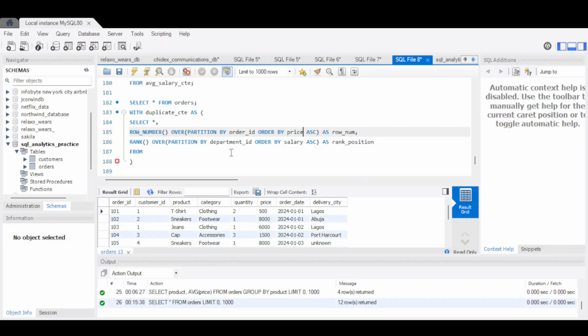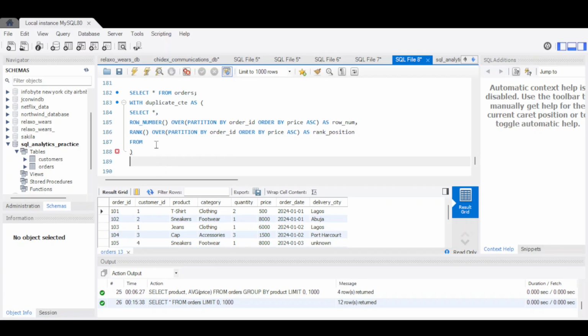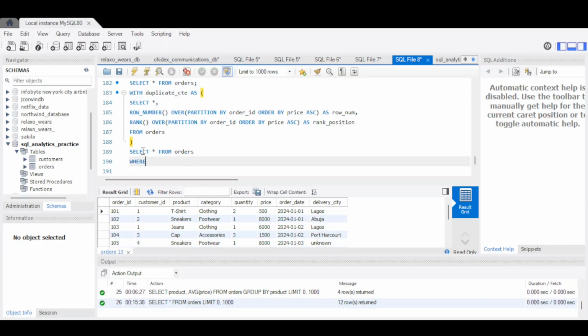Then you rank. I want to rank this. Just a similar thing. Price, sorry. So select from my table, which is orders. Okay. Then select everything from orders. Okay. Where row number in